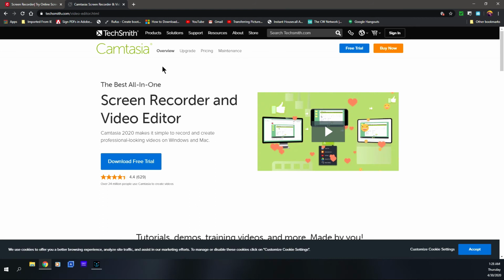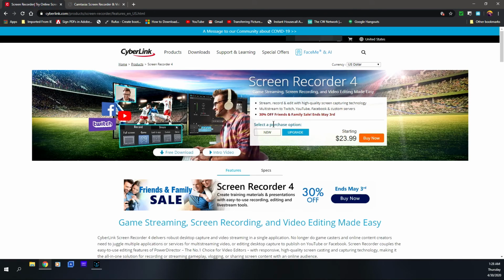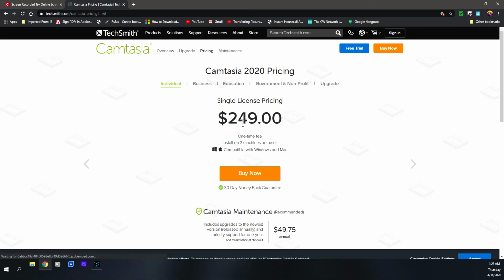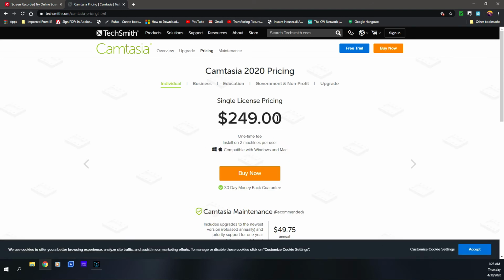Now the other difference between Screen Recorder and Camtasia is pricing. Screen Recorder 4, if you're talking about brand new, is $34.99. Now Camtasia, considering that's a more powerful program, the price of it is probably a lot more than what people are willing to pay for it. It's like $249, and that is a one-time fee, but you can install it on 2 machines,